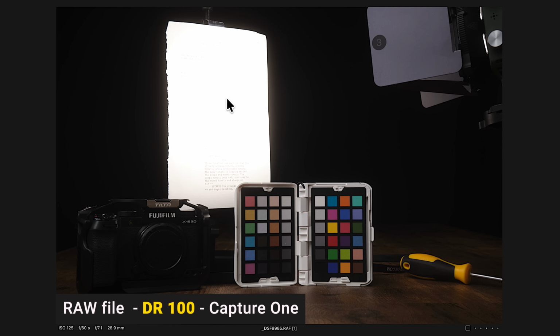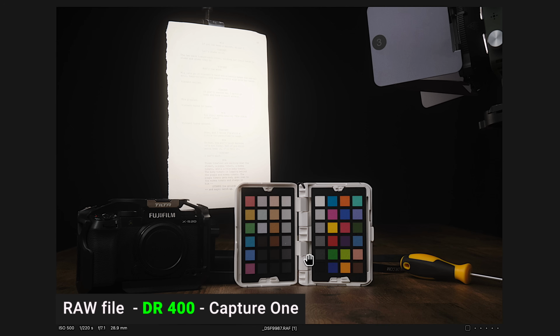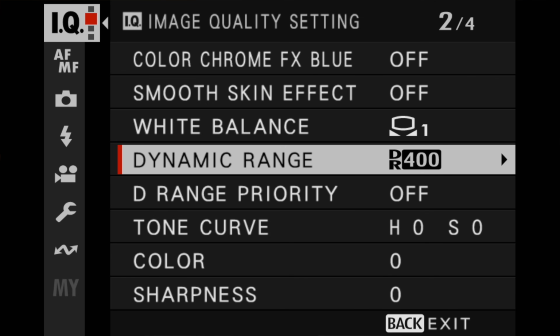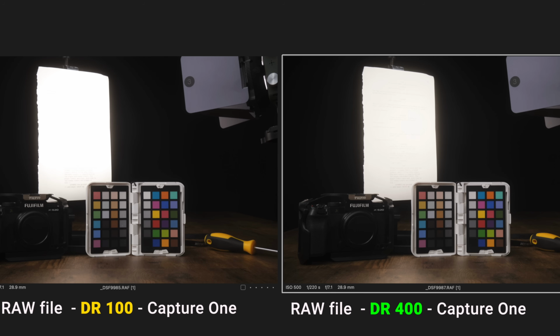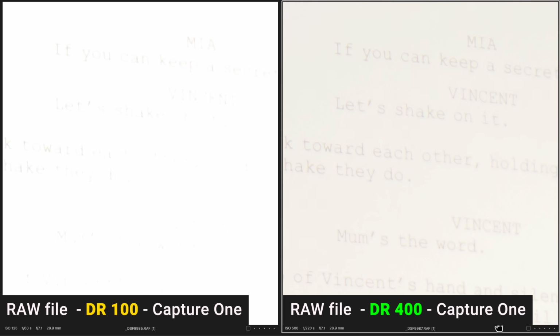And of course, that exposure was bright enough to clip this piece of paper right here. Very little, if not any detail. Now, here's the same shot with the only change made that I had set the camera to DR400. Again, we're looking at the raw file, same aperture, but the camera had selected automatically a faster shutter speed because of the forced higher ISO based on the setting of DR400. And as you can see, the highlight has been more preserved because the sensor never saw enough light to actually